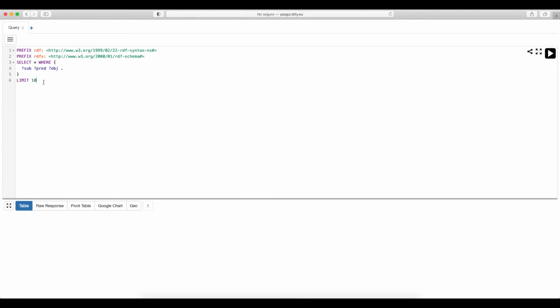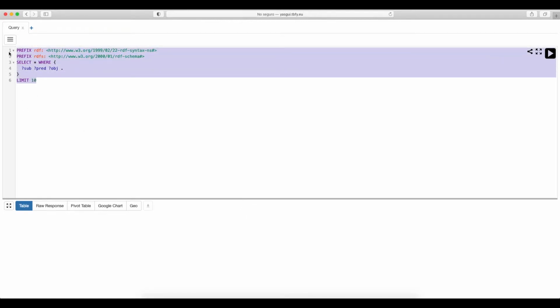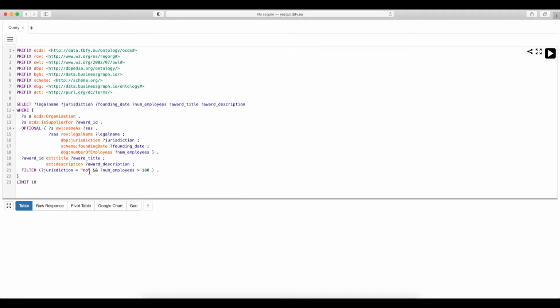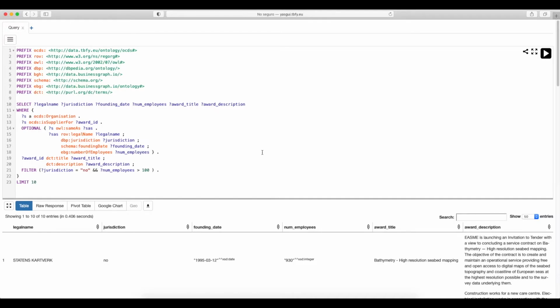Next, we will show an example in which we will obtain the list of suppliers with Norwegian jurisdiction and that have more than 100 employees. The data to be shown will be the legal name of the organization, the jurisdiction, founding date, number of employees, and the title and description of the award. The next step is to run the query, and the first 10 results will be shown with the fields previously